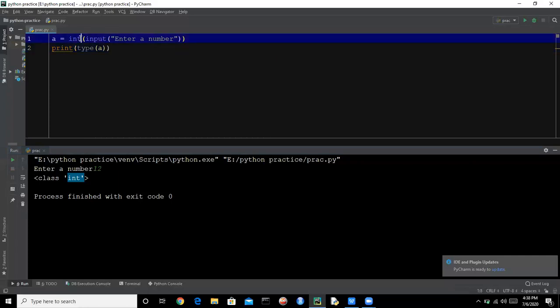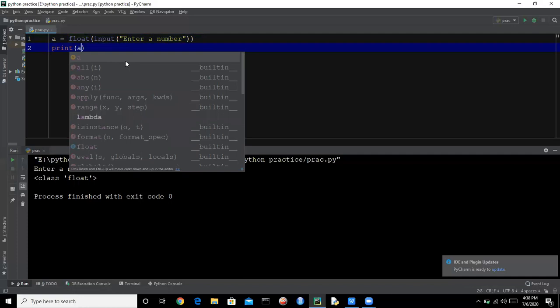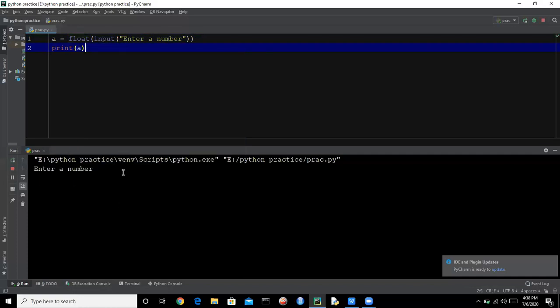If you want to get input in float, you can say float, and if you check 12, here is the output float. So what if a user enters a list of numbers?